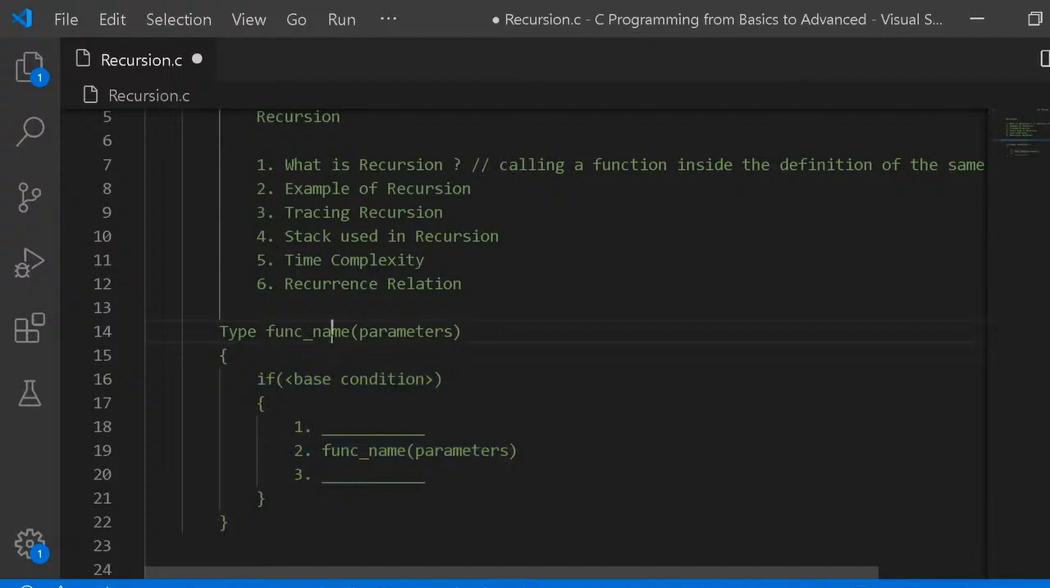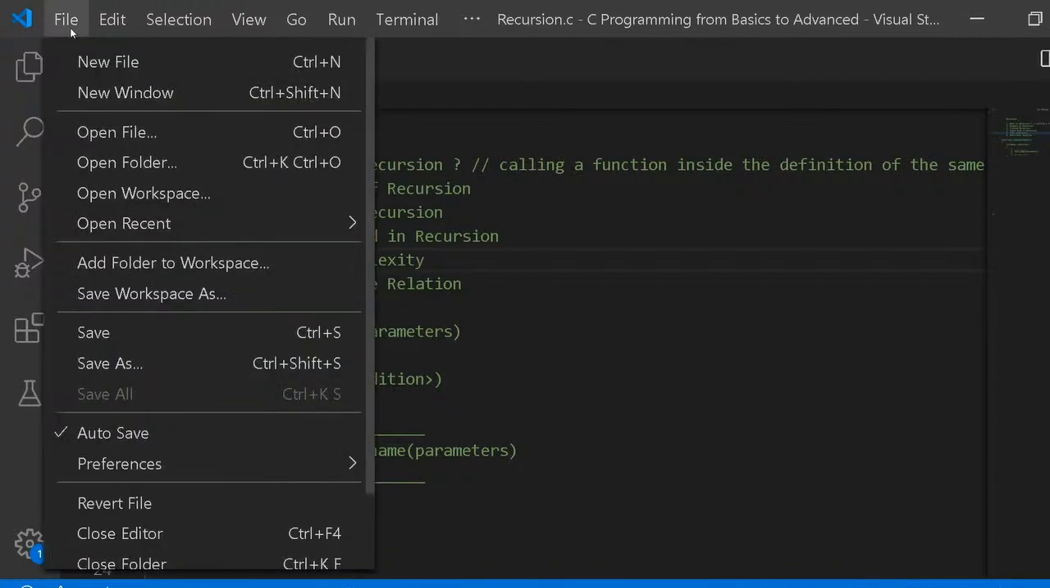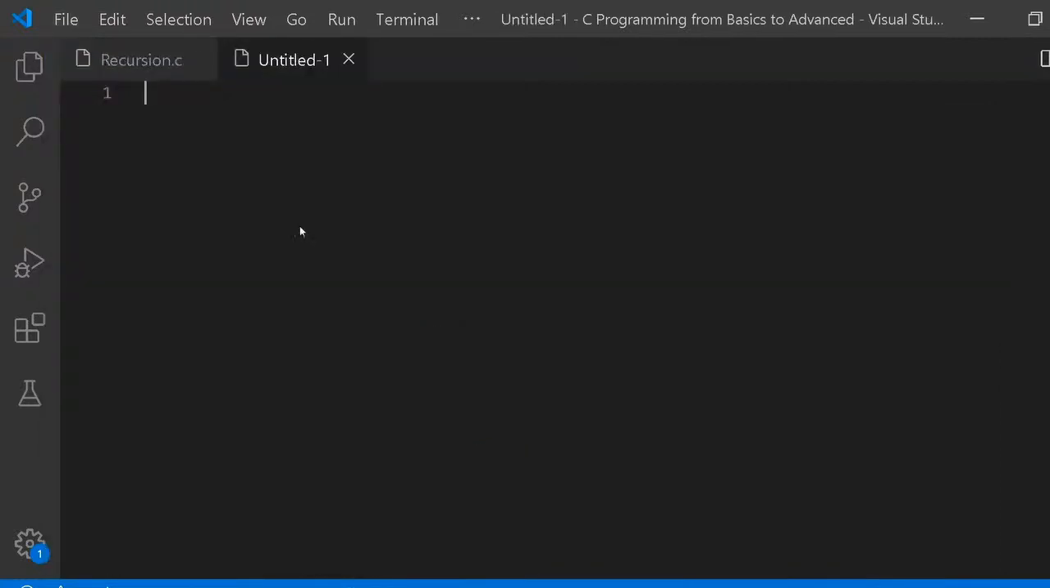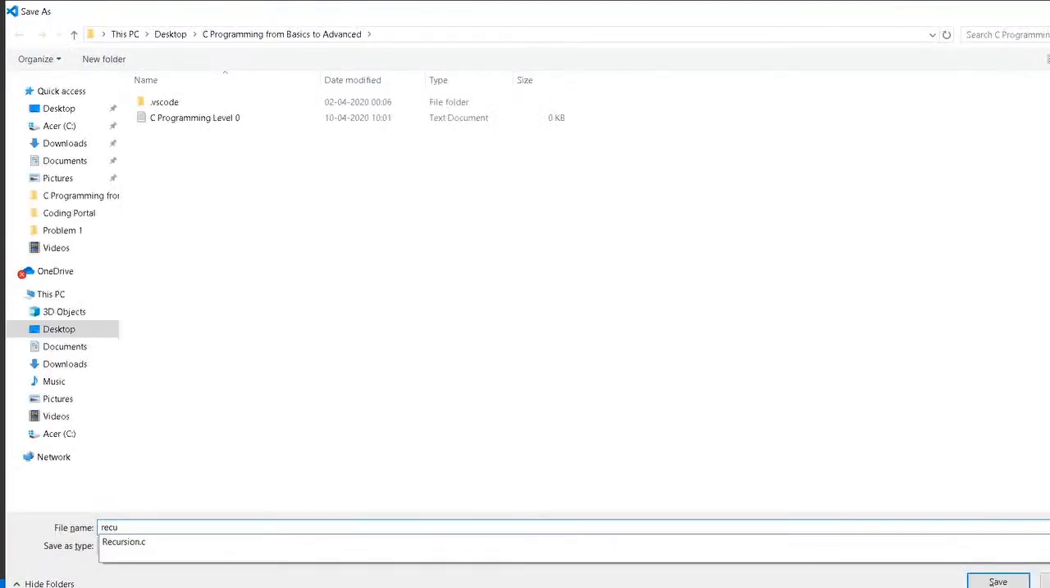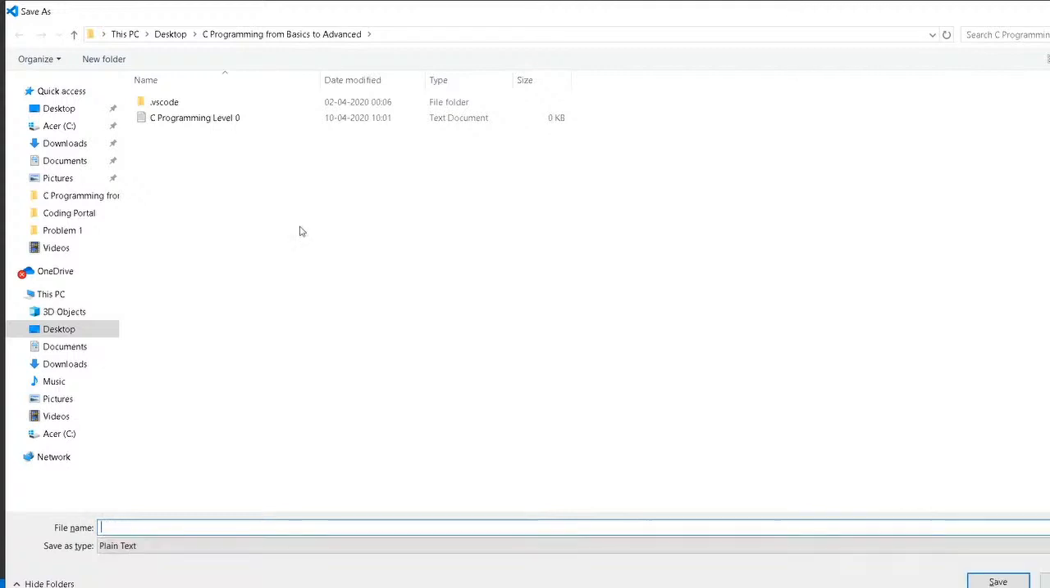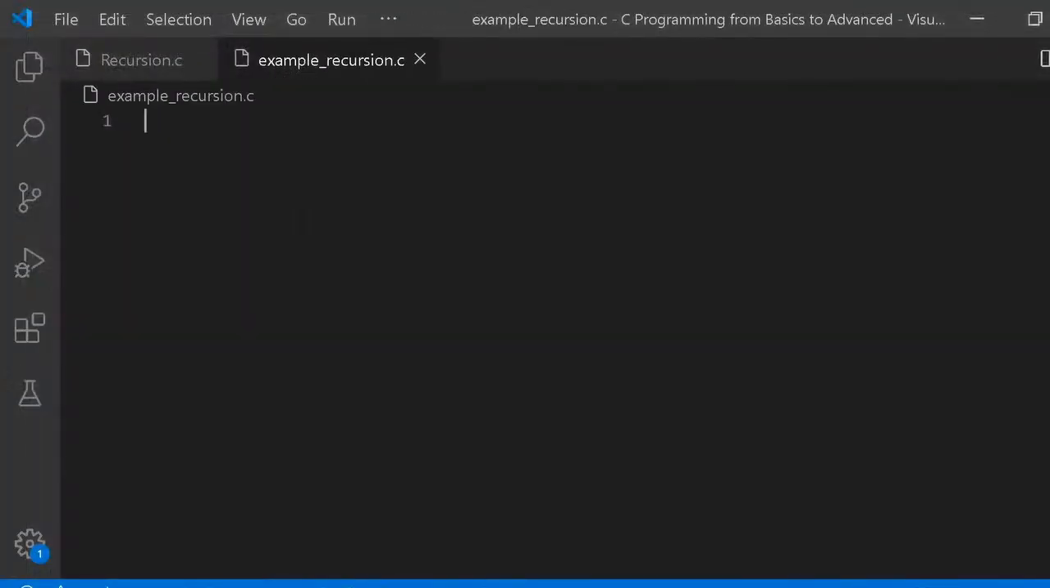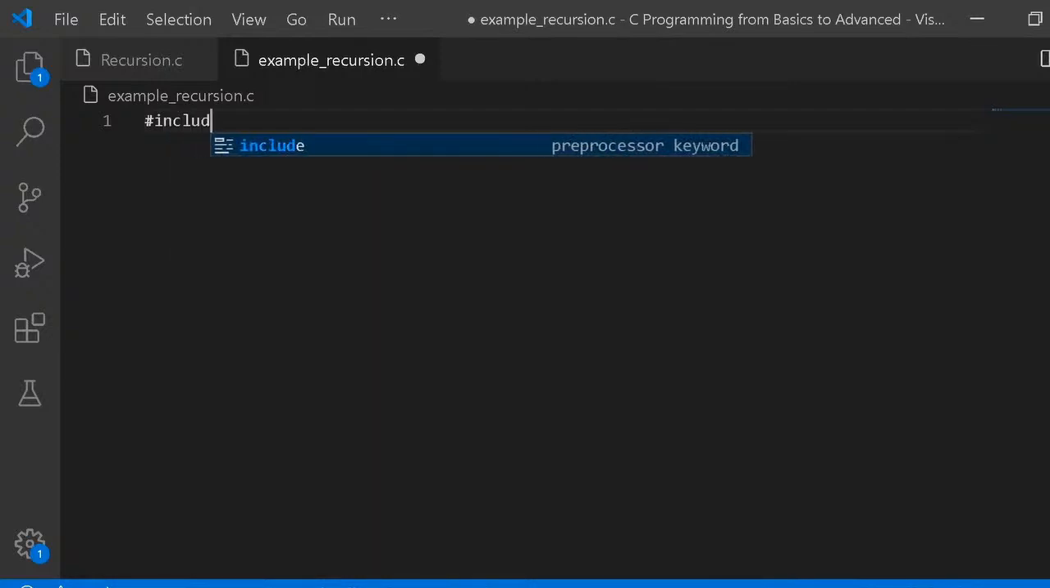Next, we will be seeing an example of recursion. I'll be showing you an example of recursion, then you will understand it better. So now I'll be taking an example of recursion. Example recursion. So let me just include